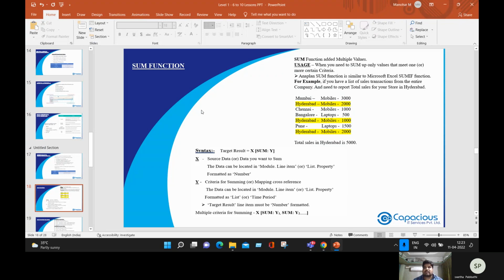Next topic is the sum function. Generally, the sum function adds multiple values. You use it when you need a sum of only certain values, that means with one or more than one criteria. For example, if you see a list of sales transactions from the entire company and need a report of total sales from your stores in Hyderabad. Here we sum up the values from sales transactions in Hyderabad: 2000 plus 2000 plus 1000, that is equal